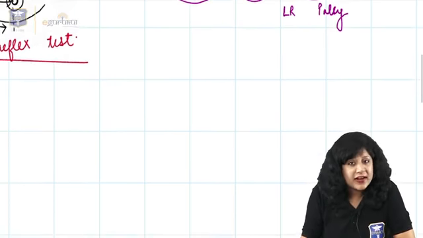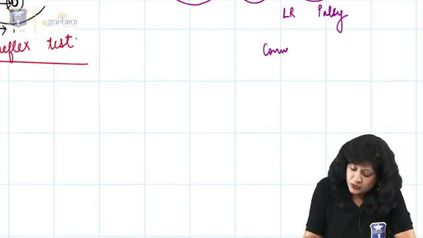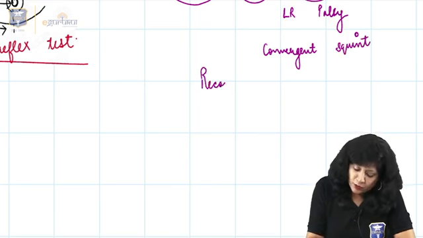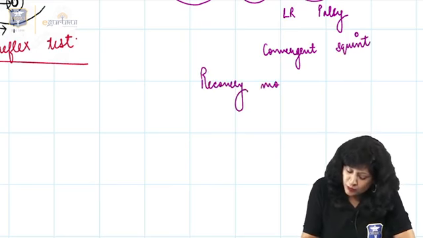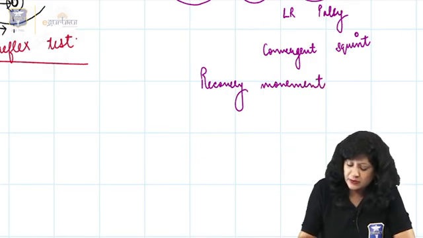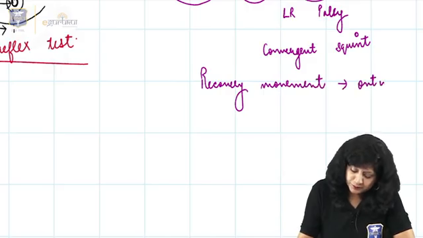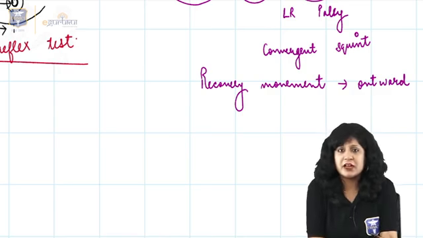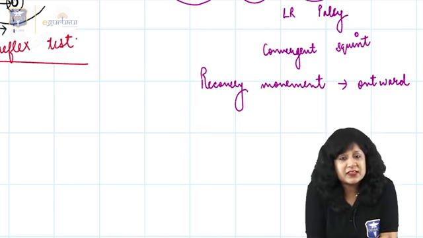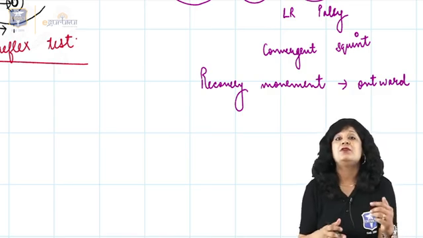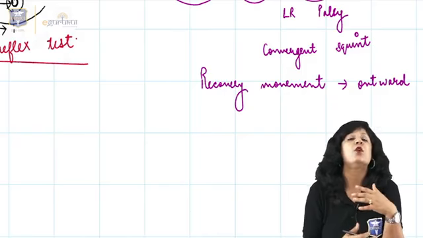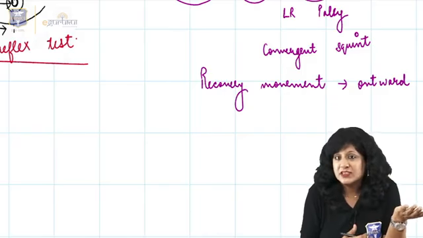Due to this lateral rectus palsy, this person is going to have the convergent squint, and due to this convergent squint, the recovery movement which is going to be present in the patient will be outward. This is very clear. So, if I am getting a patient who is having a convergent squint, I am having the lateral rectus palsy, obviously I will first try to do the examination, and only then afterwards I will go for the MRI to find out what is the real cause.